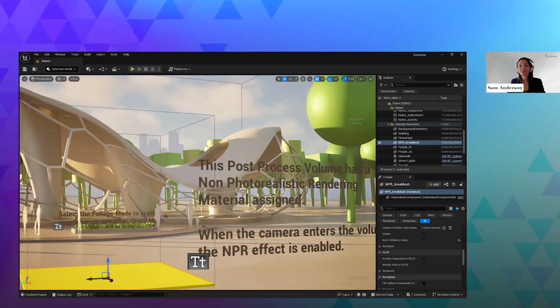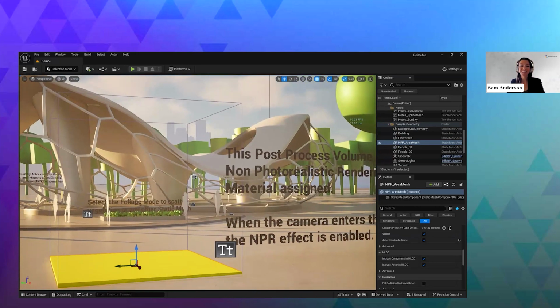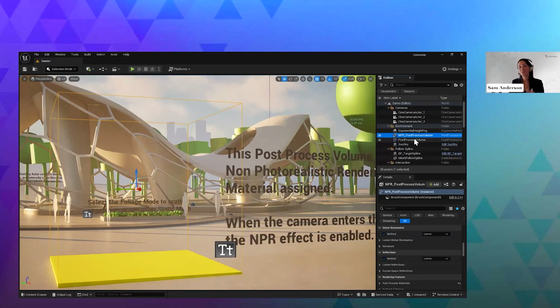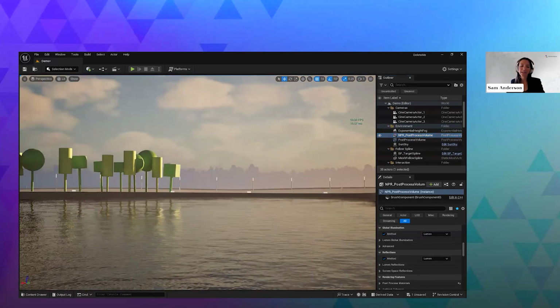Now, there are currently two different post-process volumes inside of this project. And essentially, this is allowing the users to be able to pick and edit a specific style that they want to show. So for now, as you see, when I look everywhere, we're getting kind of like a nice,